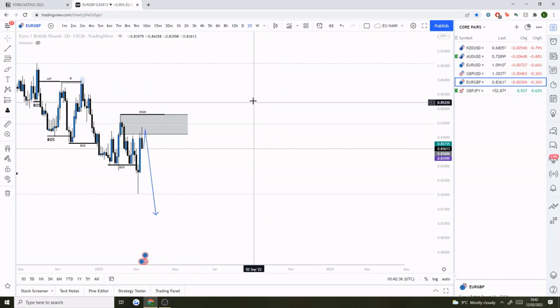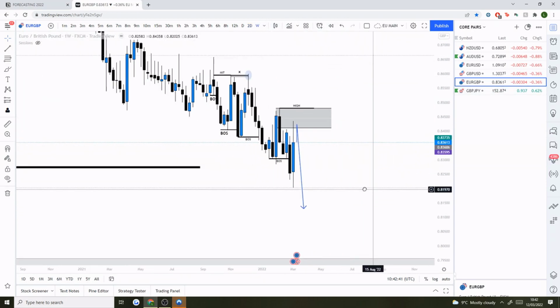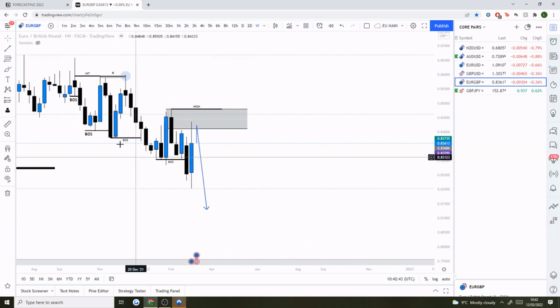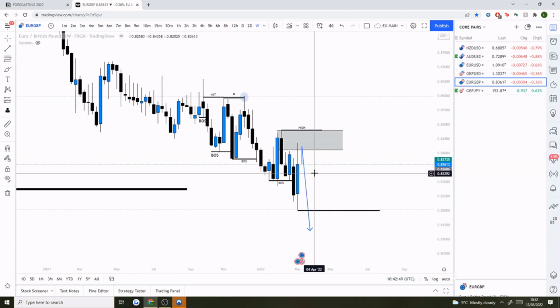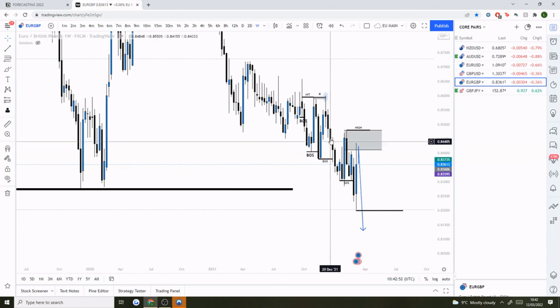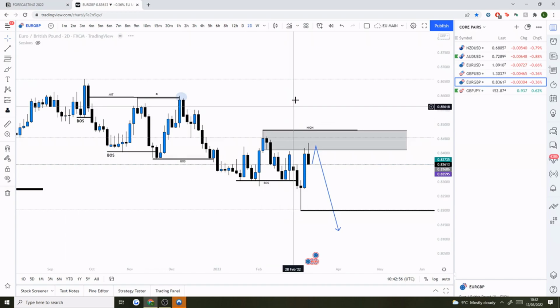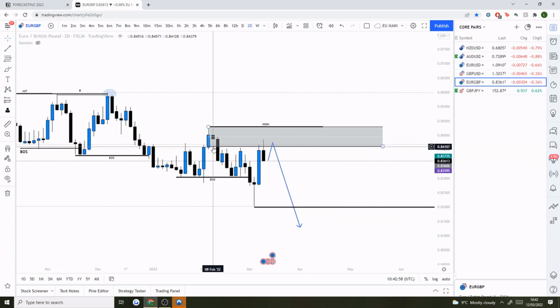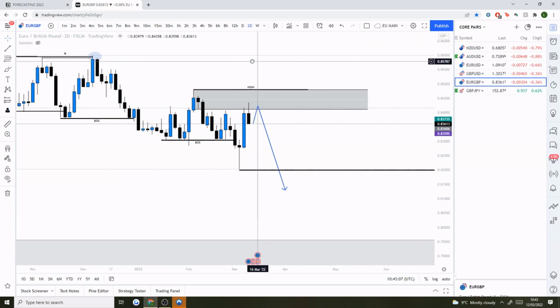But in terms of the actual structure overall, I do think at the minute it's more clear on the weekly, just because we've got this new leg of weekly structure that's developed. So we've got this new weekly structure, which is from this high here down to this low here. Now we're just continuing with this overall idea of price moving lower following this downtrend. Then on the weekly, we've got this clear order block, which actually had imbalance on it before it got filled. And now I'm just expecting price to come away from this order block and to respect this high here.